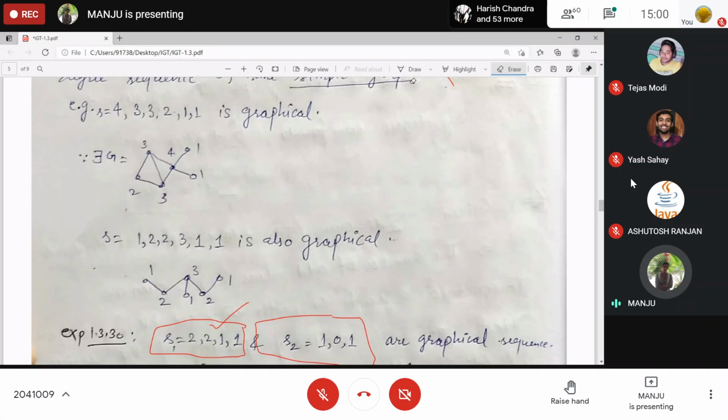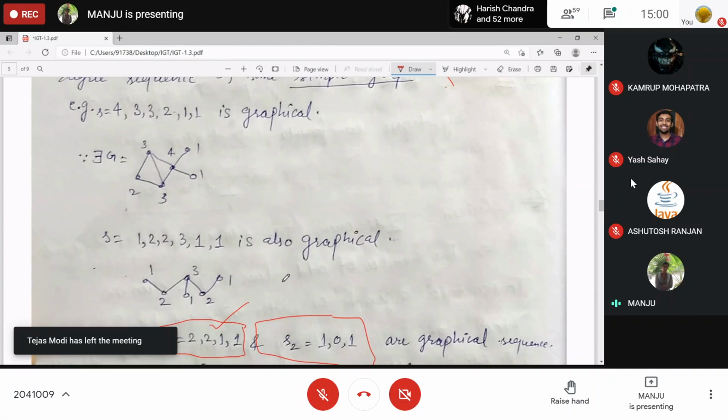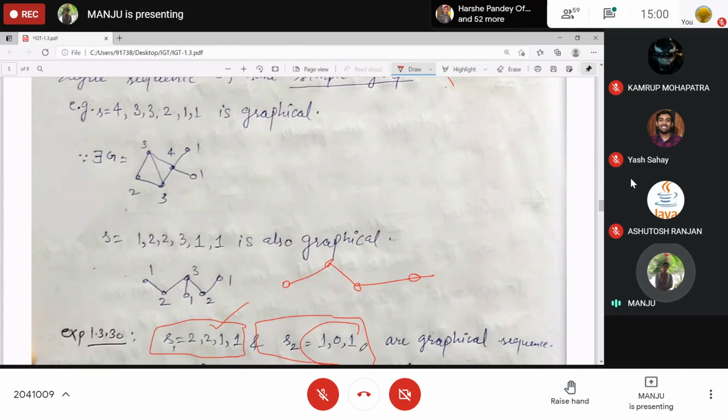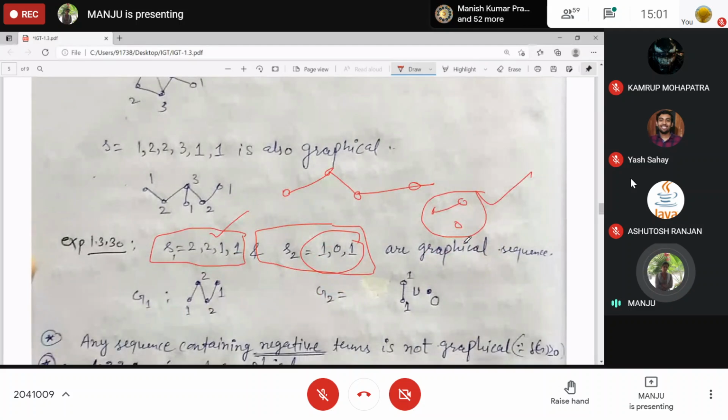P4 is working for this one. That is 2 vertices with 1 degree and the other 2 with 2 degree. Okay, and what about this one? We have 3 vertices, 2 with 1 degree and 1 with 0 degree. Means one will be an isolated vertex, right? Yes, ma'am. This graph will work, right? So this is a graphical sequence.